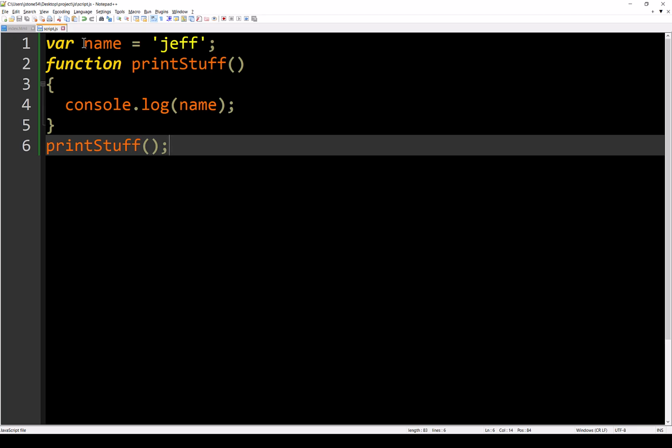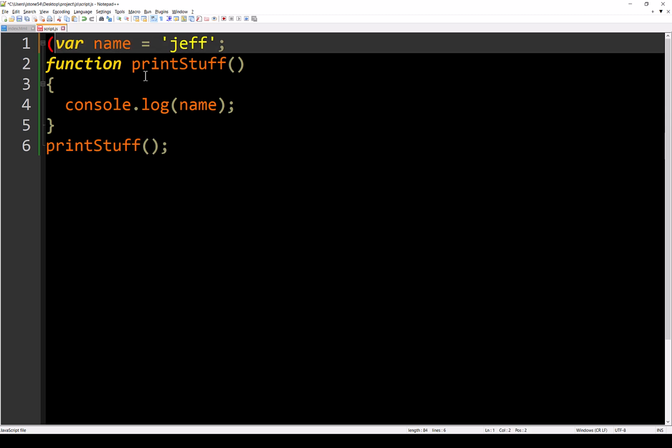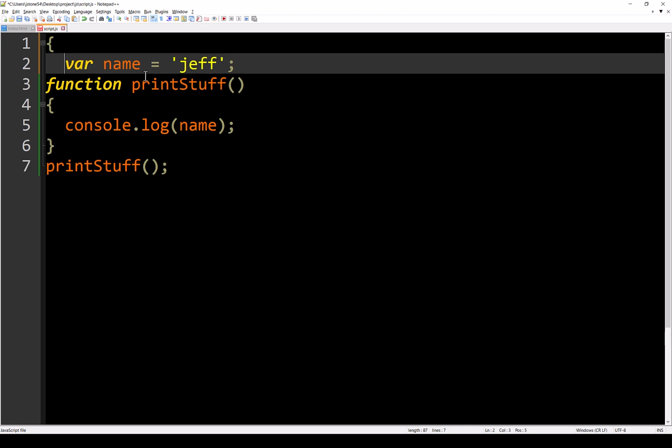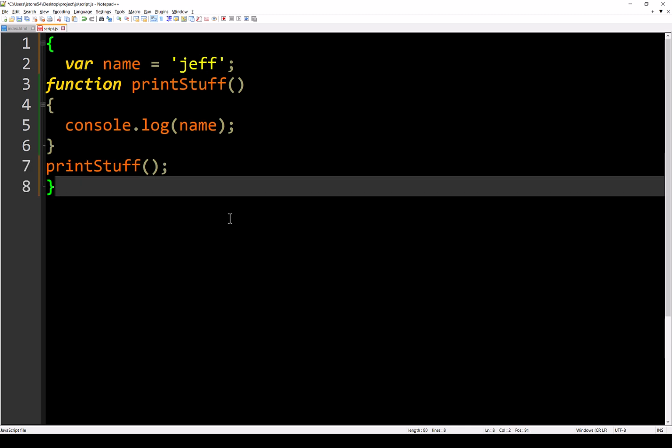So this execution context basically means wherever you declare that variable, anything that's at that level or inside of that level has access to it. So imagine the whole document is sort of like an invisible set of curly braces around the whole thing.